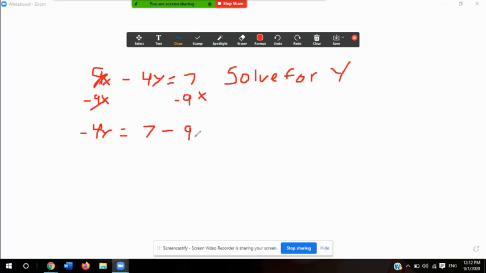So I'm almost done with my problem. I'm still missing one last thing. What I'm going to do is divide by negative 4. The reason I'm going to divide by negative 4 is because I want to isolate my y. So that means that every term will now be divided by negative 4. Of course, the negative 4 beneath the variable is going to cancel out, and now y is isolated. So that means that my final answer for the first part is y equals